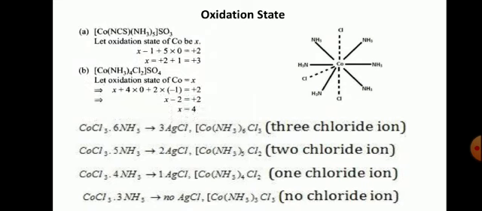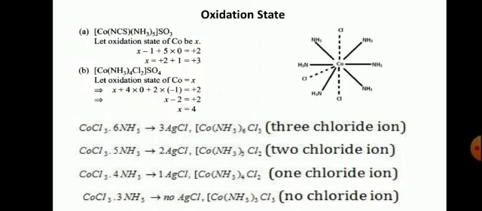Over here you can see the central metal is cobalt. There are 6 ligands attached to the central metal atom. One is isothiocyanate N, and the other is ammonia, that is amine. There are 5 amines attached to cobalt and 1 isothiocyanate. So the coordination number is 6.